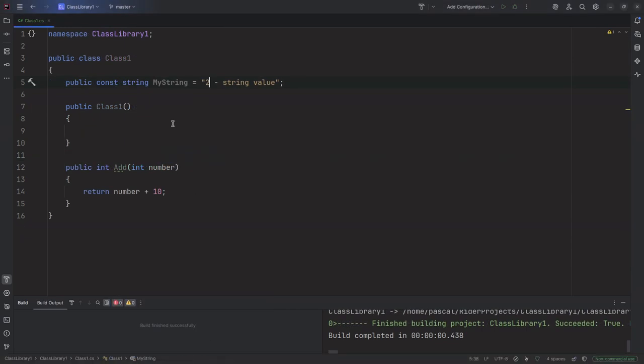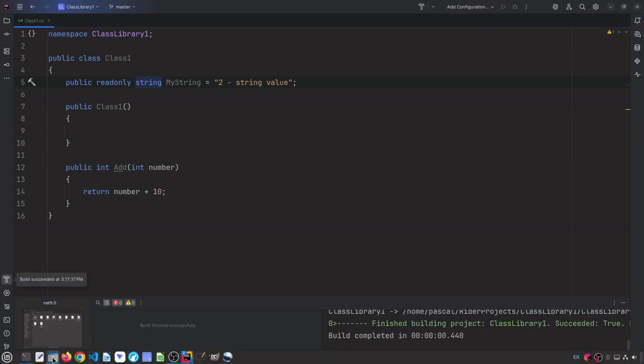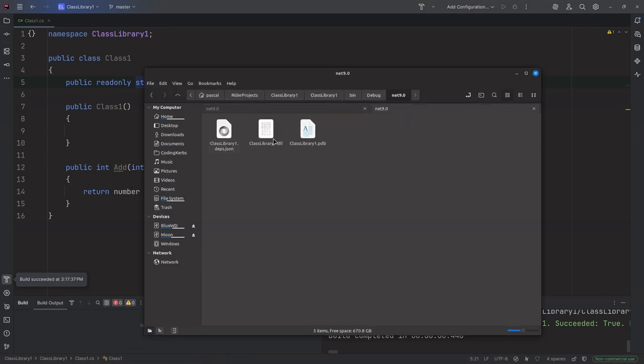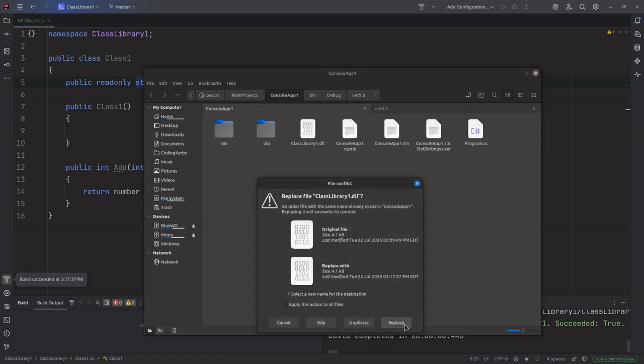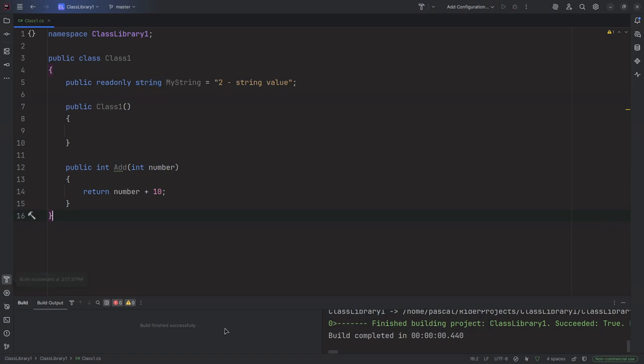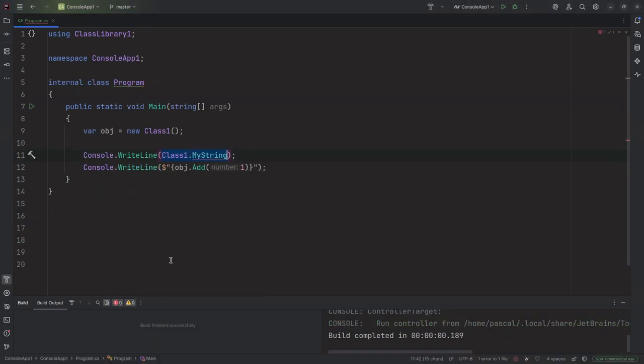So what you really want to do is, instead of using constants in this situation, use read-only. And we can compile this. And then now I'm going to go into the DLL for the class library. We actually need to bring this back into the project to recompile it, because going from a constant to a read-only,